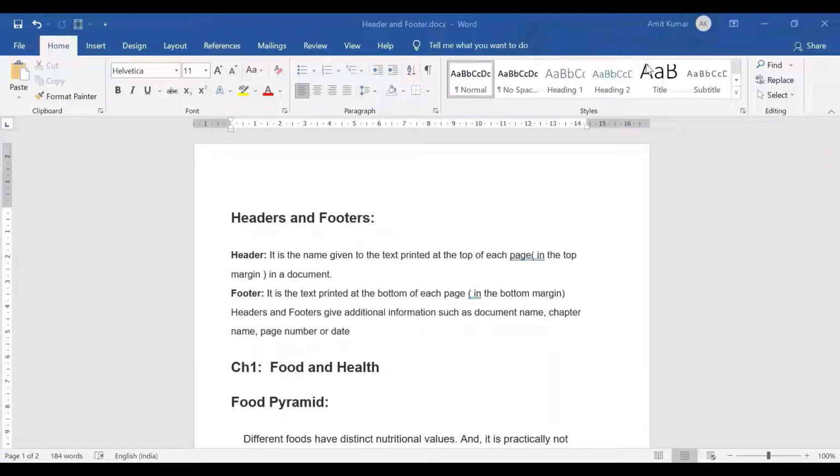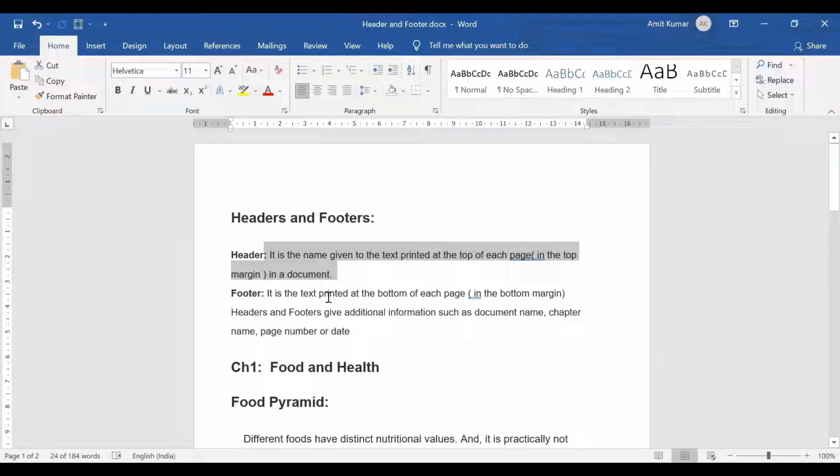Students, we saw how we can insert a cover page. Now let us take a look how we can insert headers and footers in Microsoft Word. But prior to that, we need to understand what is a header and what is a footer. Header is the name given to the text printed at the top of each page in the top margin in a document.